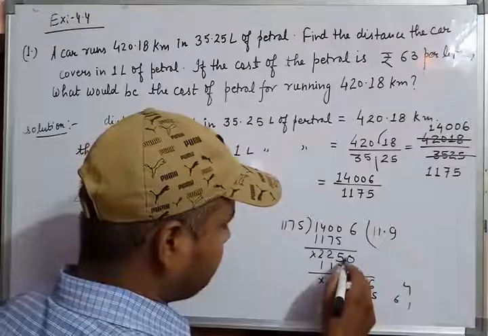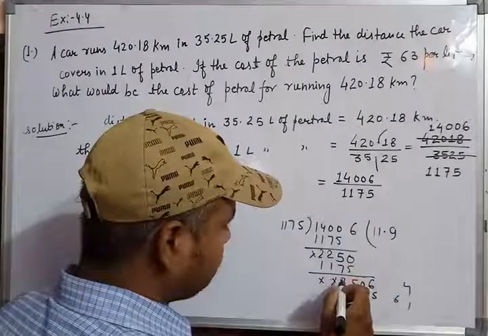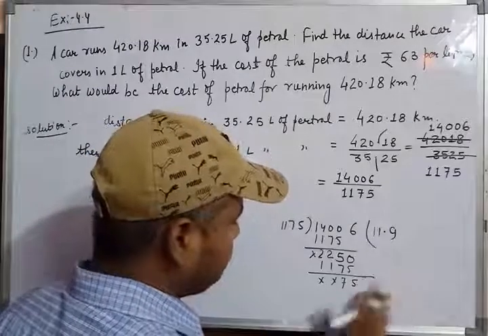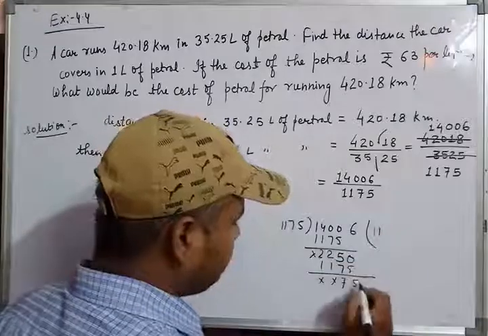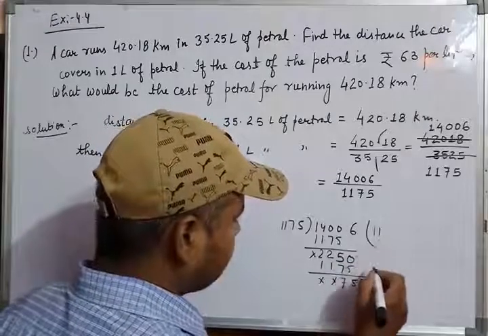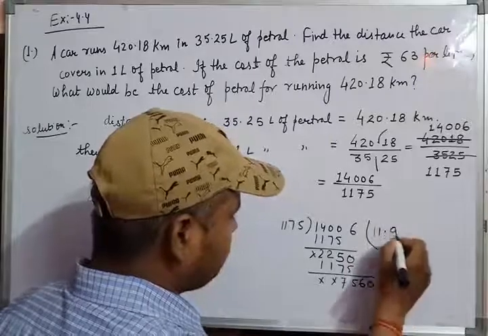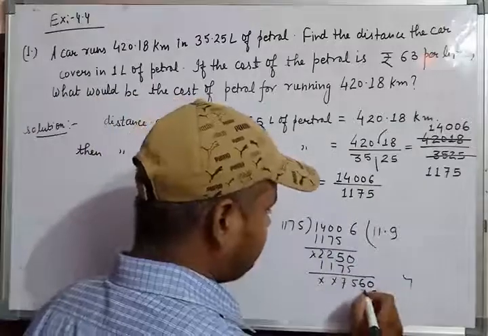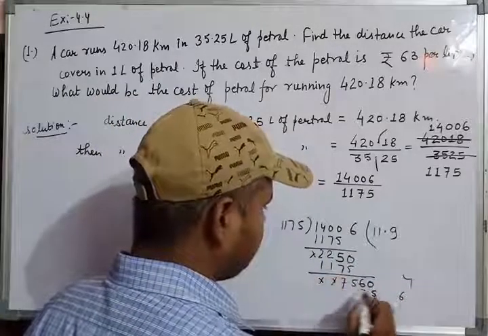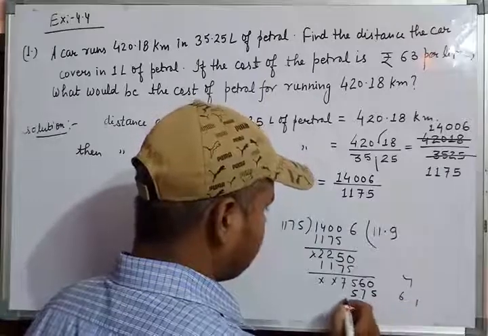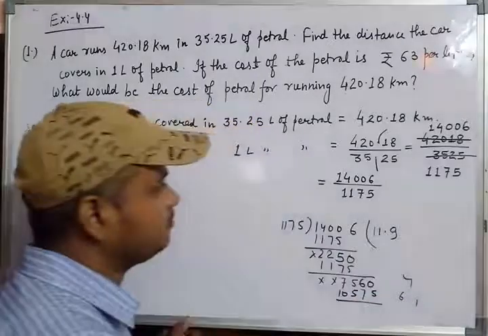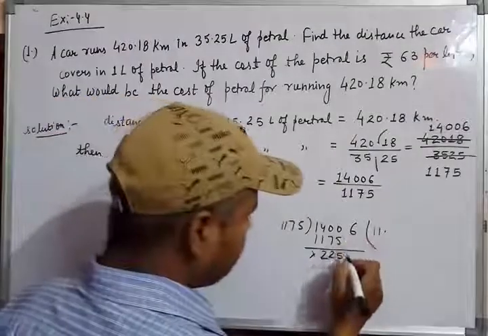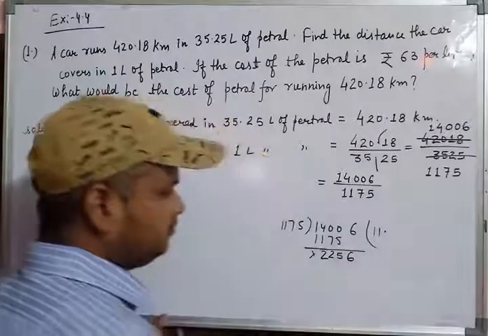10 minus 5 is 5 and here, sorry, we have to write first 6, then after that we have to put the decimal. Then 9 5s are 45, 9 7s are 63 and 4 is 67, and 9 or 6 15. Here some mistakes were made. Here we can write 6. Okay, so